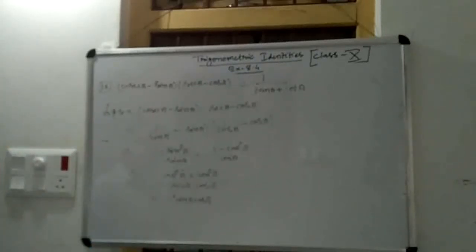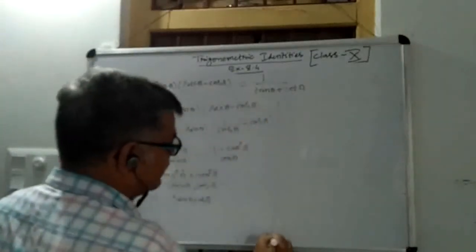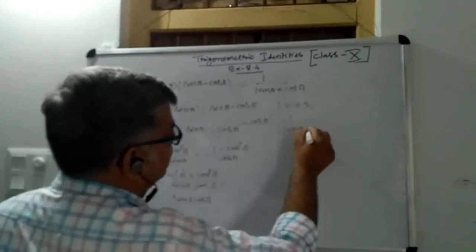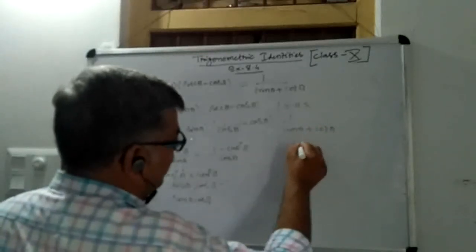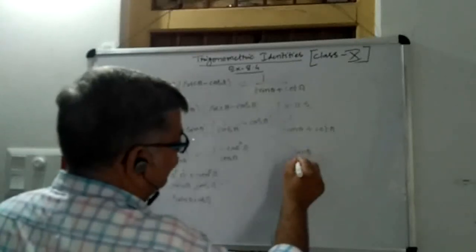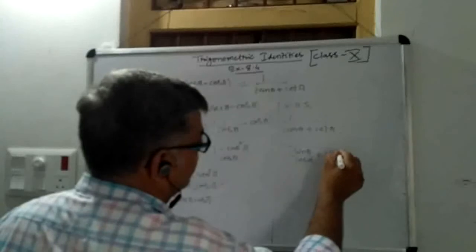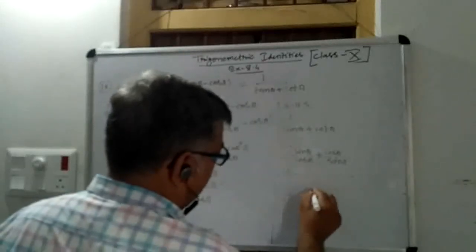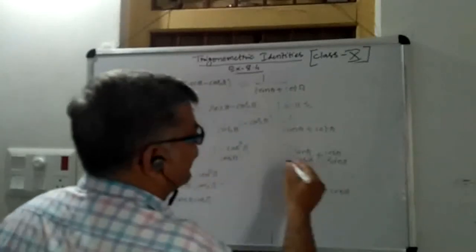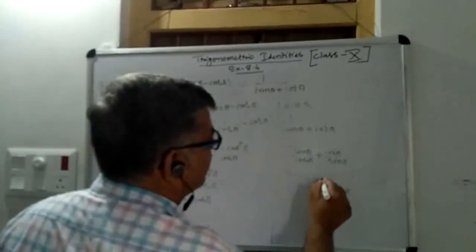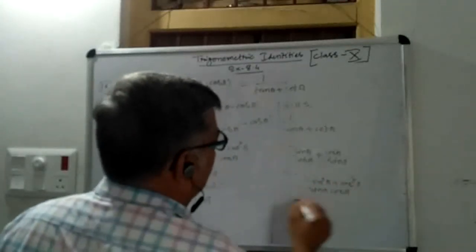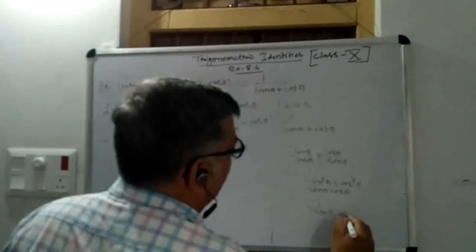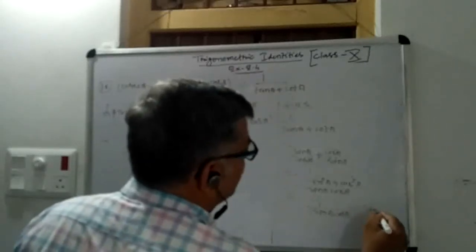Now similarly, you solve the RHS. So your RHS part is 1 by tan A plus cot A. So you can write 1 by sin A by cos A plus cos A by sin A. Now taking LCM, you can write sin A cos A as the LCM, and when you divide, you get sin squared A plus cos squared A. As you know that sin squared A plus cos squared A equals 1, so 1 by sin A cos A, and it will finally be sin A cos A.